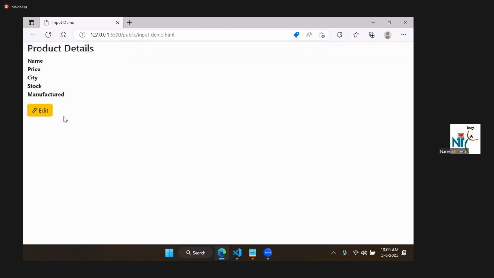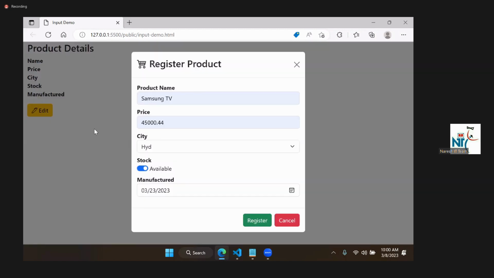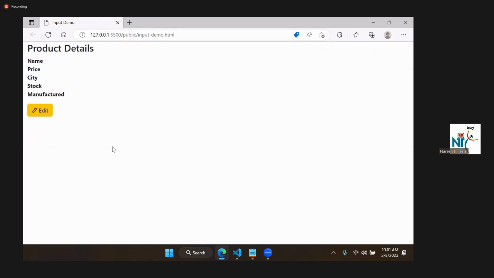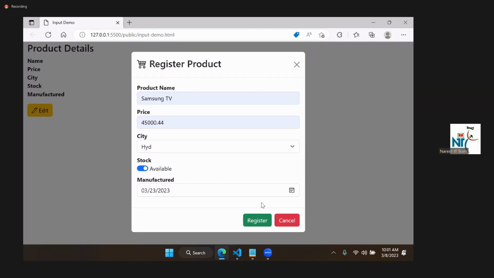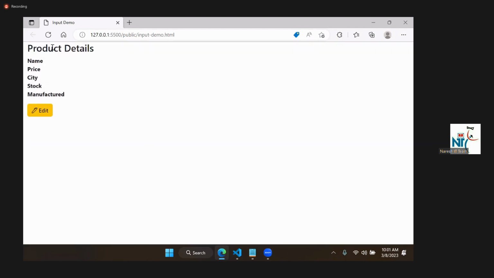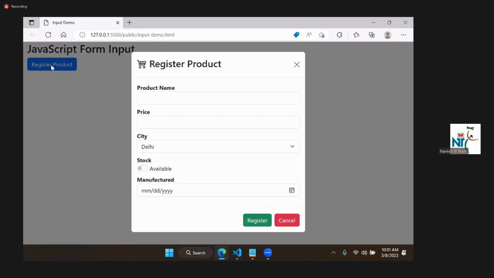So when I click on this edit, it should open that edit mode and this button should change to save. First time it is showing as register, second time it will be save. Right? Then how do we manage? We'll do that. First thing, when the user clicks edit, I need to change this button to save. We will do that. But first, when the user clicks register and enters the details, we